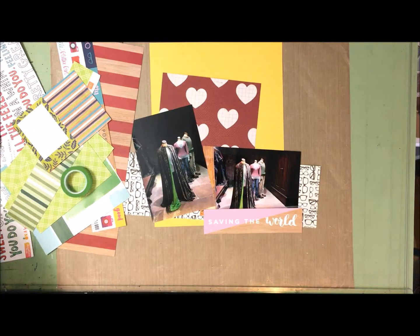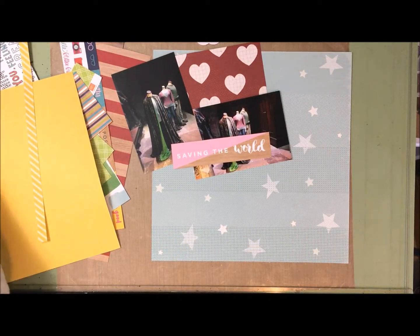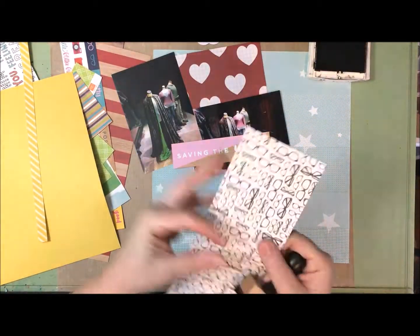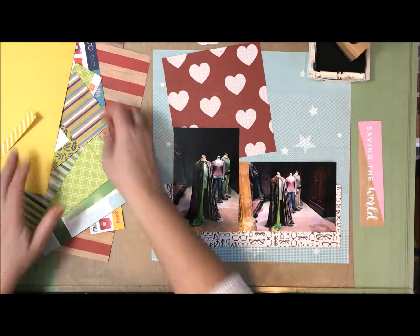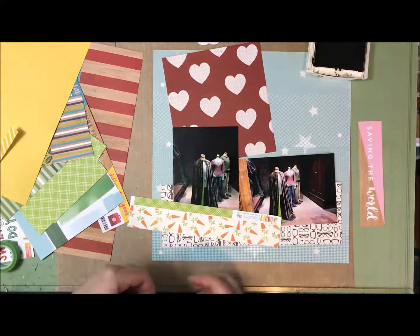Alright, so while I'm getting my papers prepped, I thought I would just fill you in on what the adventure was for today. And there were 3 different adventures. The first 2 didn't really speak to me, but the last one did. It says create a layout that has some optical element in it, like a magnifying glass, glasses, camera, microscope, telescope,